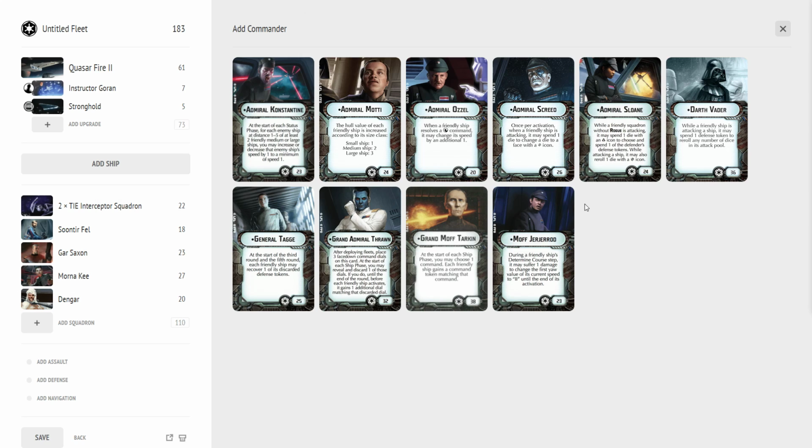Now we're getting up into the middle, the guys that are decent, I think. Jerjerrod's decent. First off, he's cheap. He's only at 23 points. And second, you don't get much out of him at speed 1, but at speed 3 you have a blank. At speed 2 you get a little bit, but at speed 3, if you're trying to go fast, he